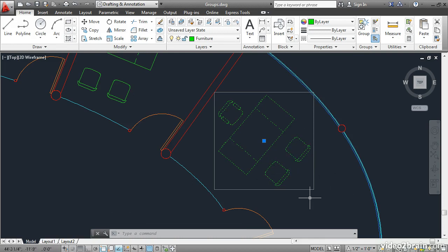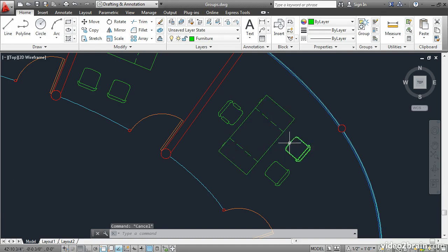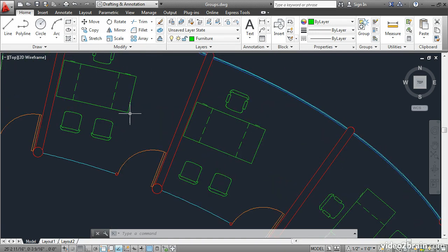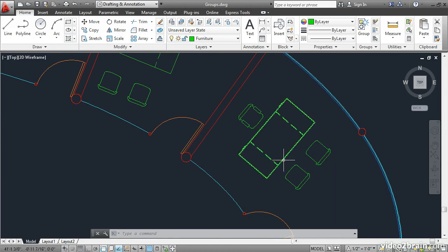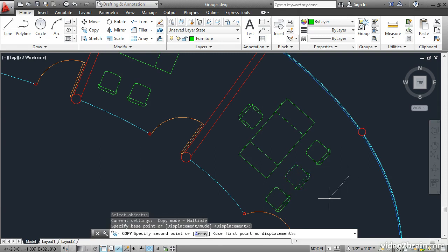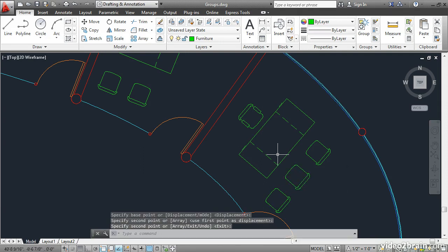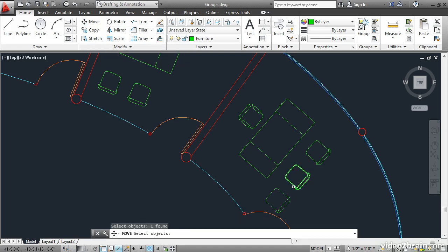Instead of ungrouping, let's temporarily turn off the group selection by clicking this button. Now, I'll press Escape. Now look, these are separate blocks again. So are these. In fact, you can't select any of the groups on the screen at all right now. It's almost like they were never there. Let's go ahead and make a copy of this chair. Place it over here someplace. And then perhaps we need to move all 3 chairs over